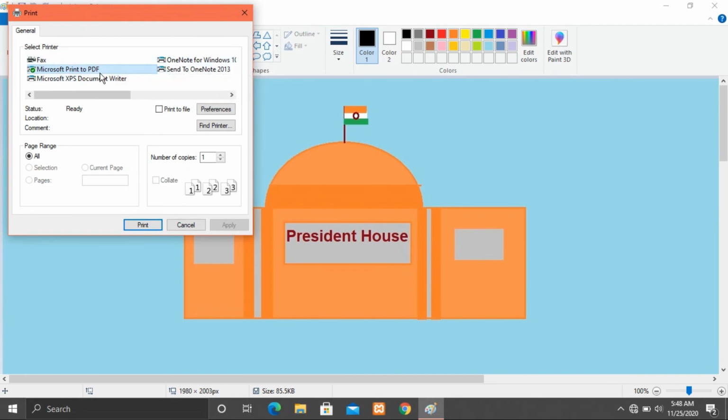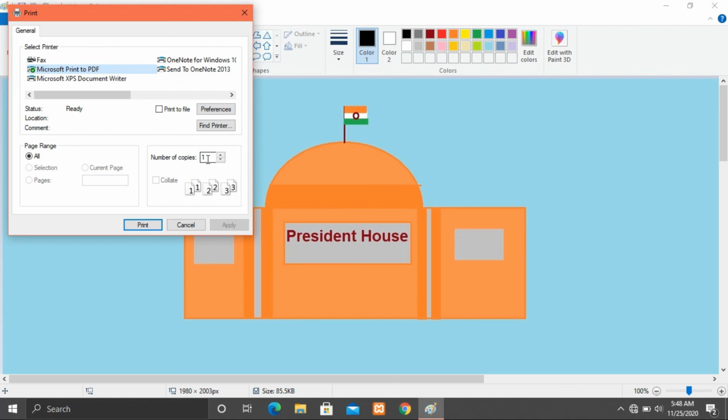Some printers have already been displayed by Windows. If you want to print your drawing from a different printer, choose the printer from where you want to take your print.